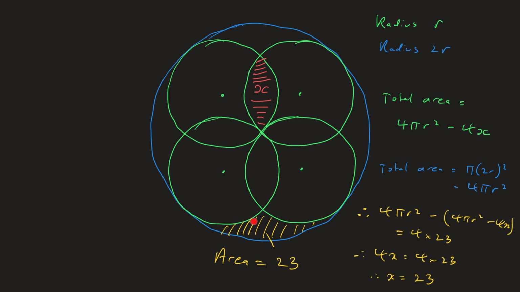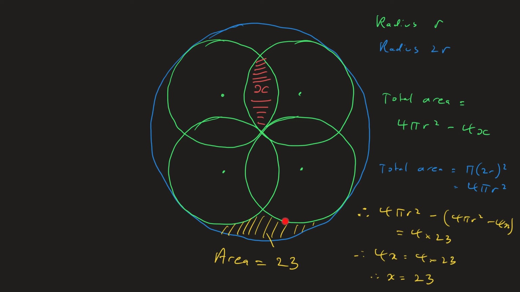For the area of the outer circle, we see that if the radius of these inner circles is r, then the radius of the outer circle is 2r. A line from the center here through here, continued on to here, will have length 2r. So the total area is pi times the radius, which is 2r all squared, which gives us 4 pi r squared. The difference between these two numbers, 4 pi r squared minus, in brackets, 4 pi r squared minus 4x,